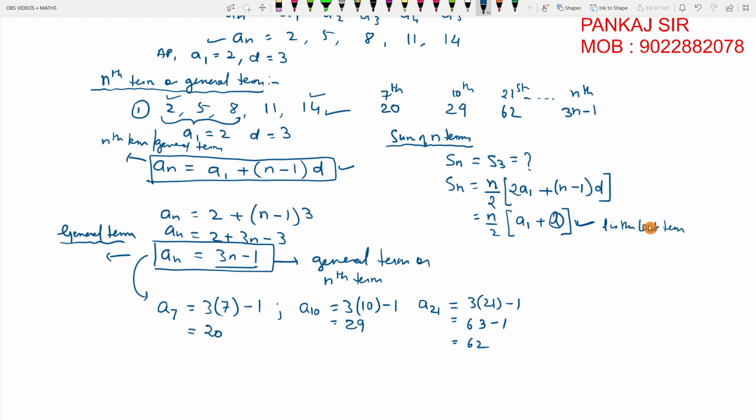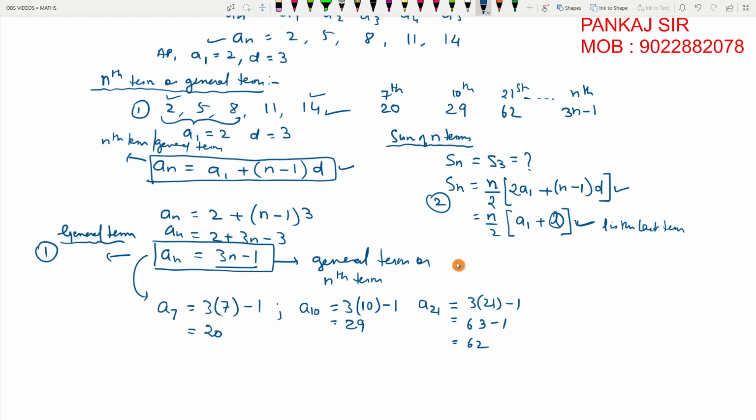But if the sequence is infinite, you don't know what the last term is. So there you won't be able to use this formula. There you'll have to use this formula. So for Sn, you have two formulas. This is concept number 2. Concept number 1, the general formula. Concept number 2, the sum of the n terms of an arithmetic progression. It has two formulas, right? This and this. So with these two as the background,